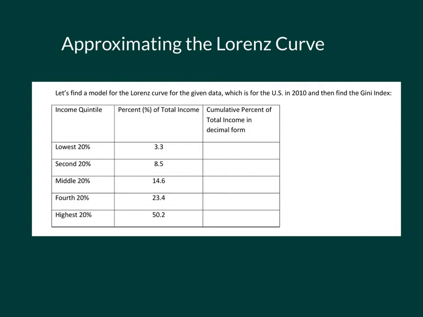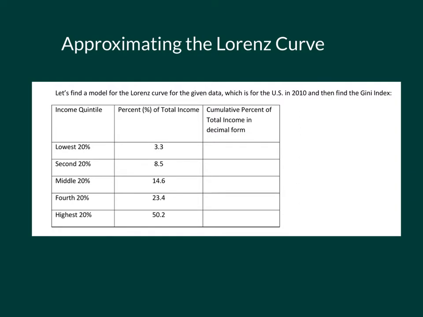We're going to use Desmos.com online calculator to come up with a power function that will approximate the Lorenz curve for calculating the Gini index. We're going to start out with some data from the US in 2010, and use that to come up with an approximate Lorenz curve using the power function, and we're also going to try a quadratic function and see if one of those gives us a little bit better fit.